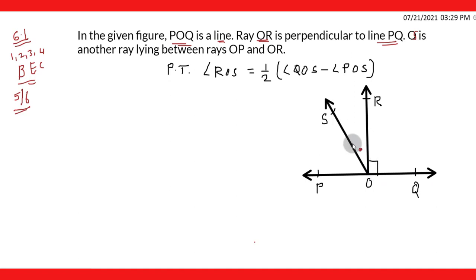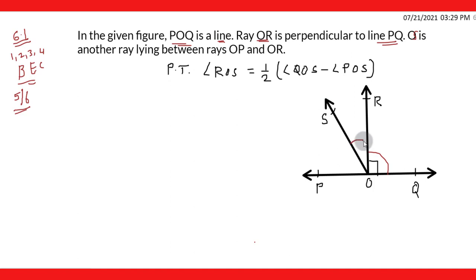QOS means this angle minus this angle POS. So here we have to prove that angle ROS is equal to half into bracket angle QOS minus POS, close the bracket. Now here friends, we will first see that angle QOS is the sum of these two angles,